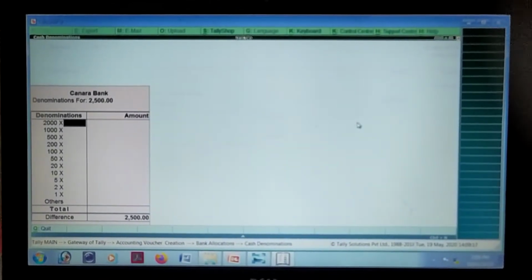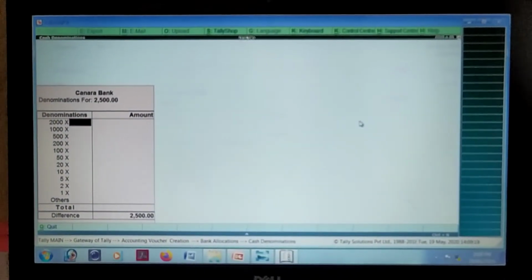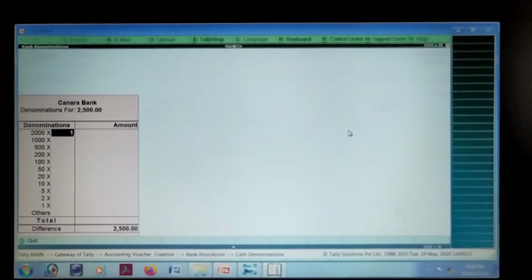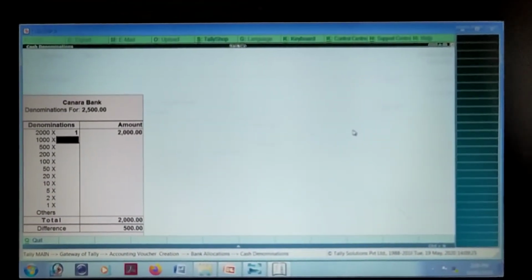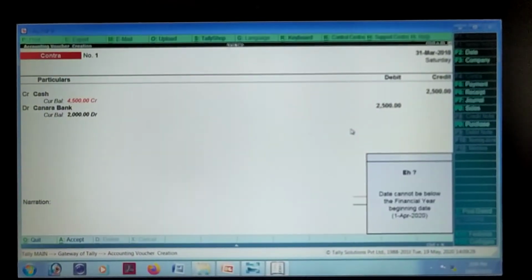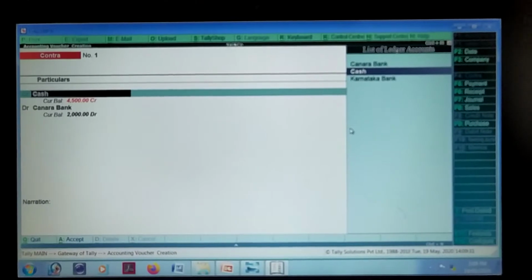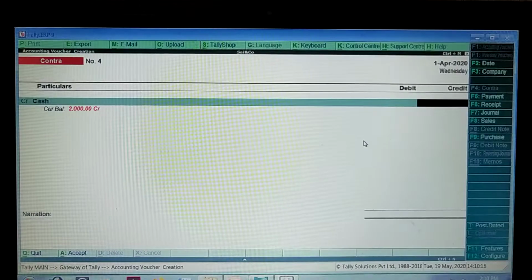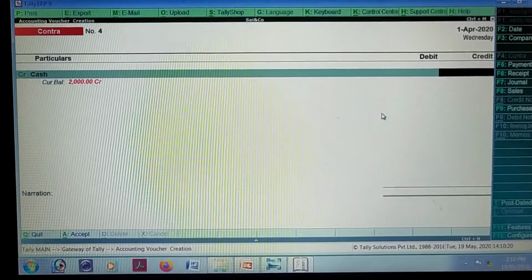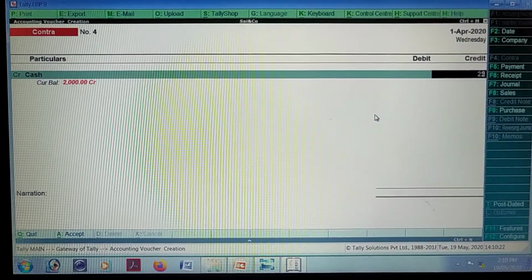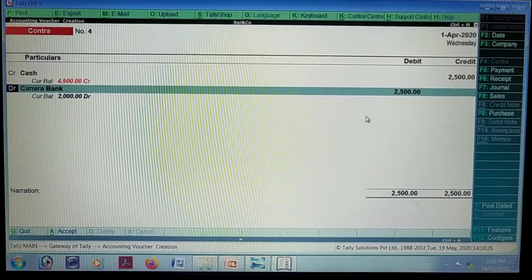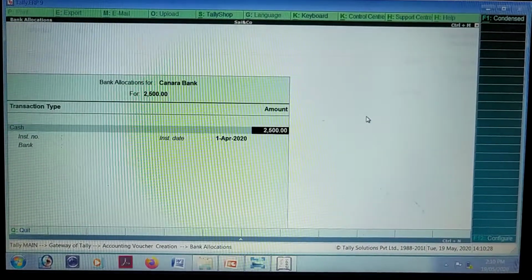So here I have entered 2500. So how many notes are there, denominations are there, so you have to give 1 and 500 is 1. So go on enter. After creating the blank ledgers, you have to open the contra voucher and enter the amount, that is 2500. So credit the cash means debit the Canara Bank.